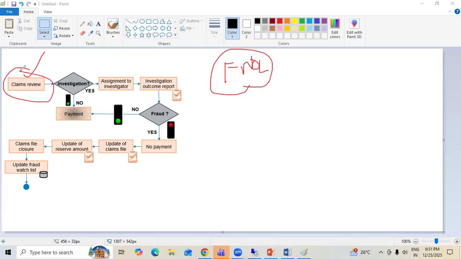When we initiate the claim review, there must be an investigation process going on, because we need to determine what type of claim we have received and to what extent it is genuine. In the investigation process, the claim has to be assigned to the investigator team, because, as we see in Guidewire Claim Center, there are multiple roles. Investigator is one such role, where we assign the claim to the investigator. Based upon the report given by the investigator, we identify whether there is any kind of